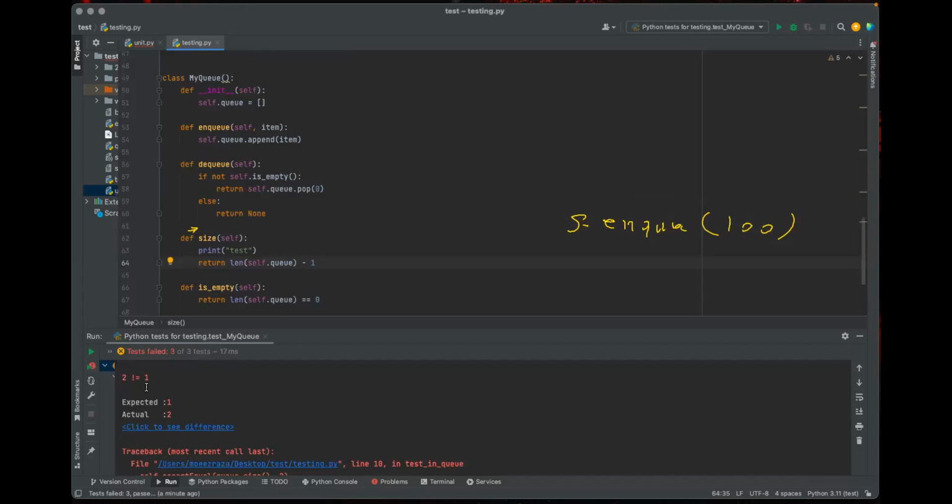Do you understand? Yeah, I get what you're saying. What I'm saying is that now you are not giving the actual length anymore. You're giving the length -1. So if there are 2 items, and inside your assert you are expecting 2 items, and you're testing the size, the size will give you only 1, because it will measure 2, but it will -1.